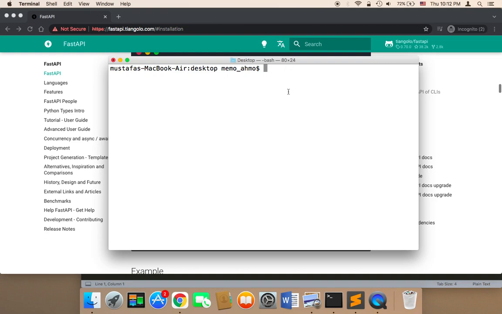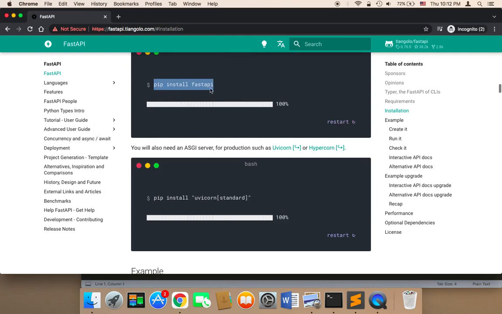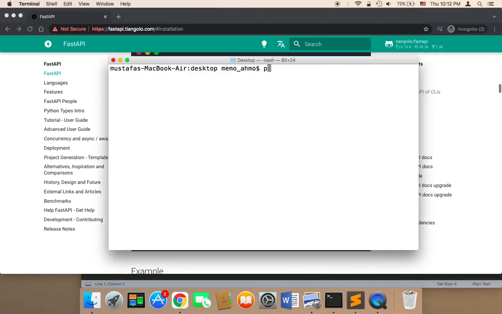And then once you have opened this, you need to type the following: pip install fastapi. However, since I'm using Python 3, I'm going to say here pip3. So you need to say pip3 if you are using Python 3, and if it doesn't work for you, you need to say just pip install fastapi. Try both. If one of them doesn't work, try the other. But I'm using Python 3, therefore I'm going to say pip3 install fastapi, and then hit enter, and